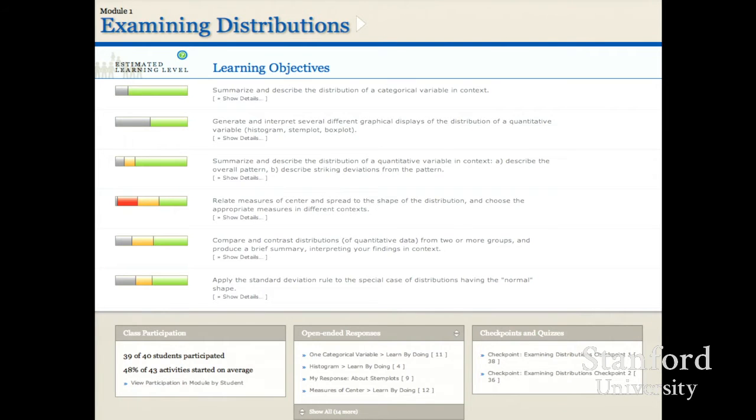So the first thing is this module had 6 articulated learning outcomes. And the bar to the side of the outcome tells the instructor for your class what's our prediction about the knowledge state of your students. So green would tell us they got it. If you were to give them an assessment today, they would nail that task. Orange says it's kind of moderate. Red says they're struggling. They don't get it. What do you think gray means?